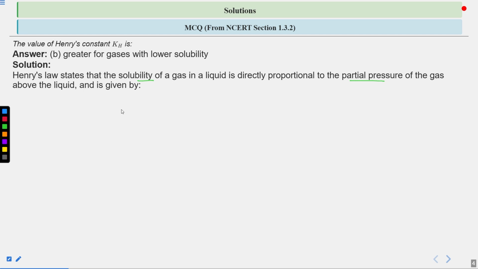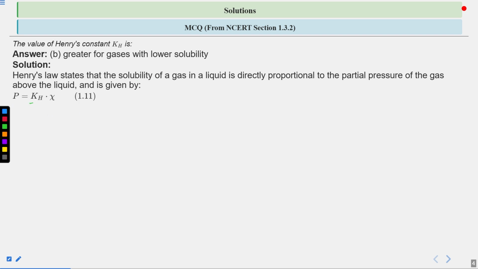This is the basic definition of Henry's law, which says that whether a gas is soluble or not in a liquid, its solubility depends upon the partial pressure of that gas above the liquid. And the formula for this is given by